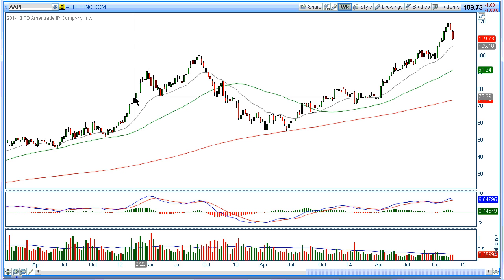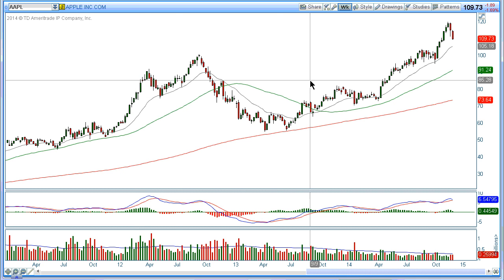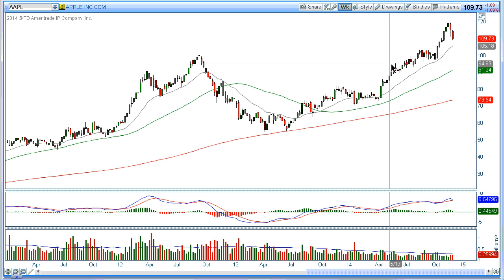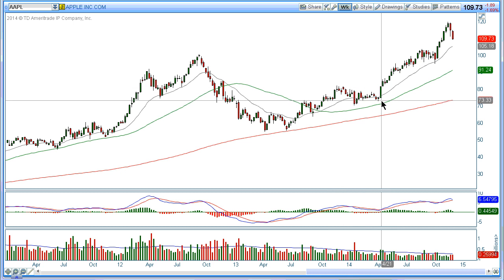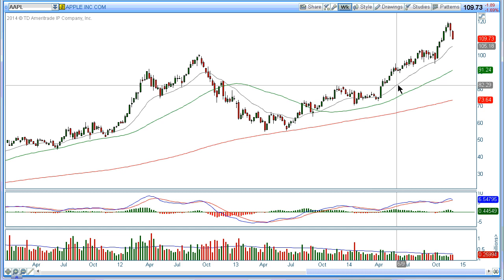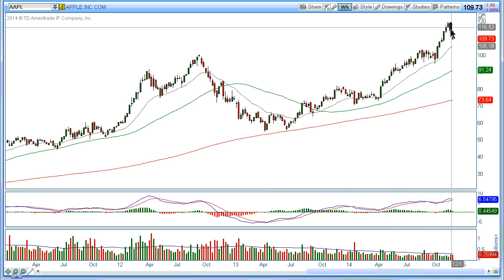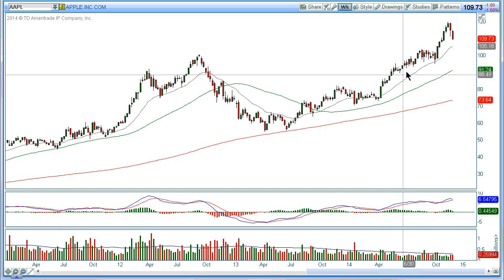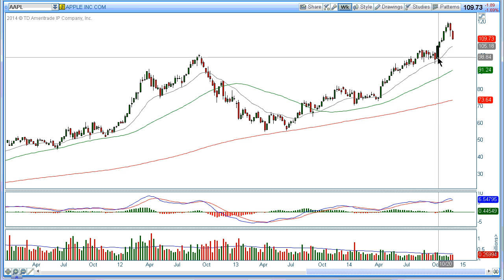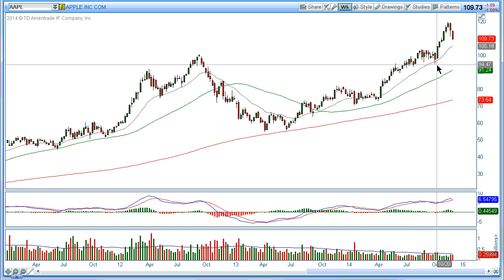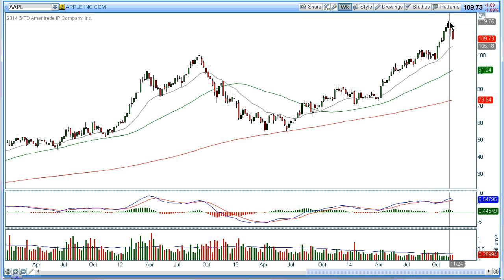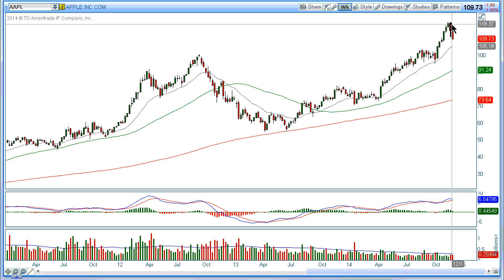Right now, we're going to take a look at Apple. I have the weekly chart on Apple, and we want to see the price action here, kind of review the price action between April to the present. We see that in April, we got this little run up, then it came down and pulled back, formed a little bit of a bull flag, then another run up until recently, a couple of weeks ago, then it started